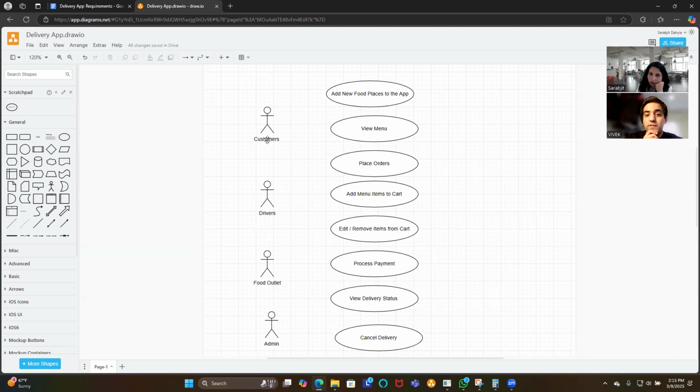So maybe we don't make that available on the app. But shouldn't they be able to see the deliveries on the app, or the delivery that they're making right now? They should be able to see where they're going, right? Yes, yes, yes. But I was talking about if we needed to, like for example, if I was interested in becoming an